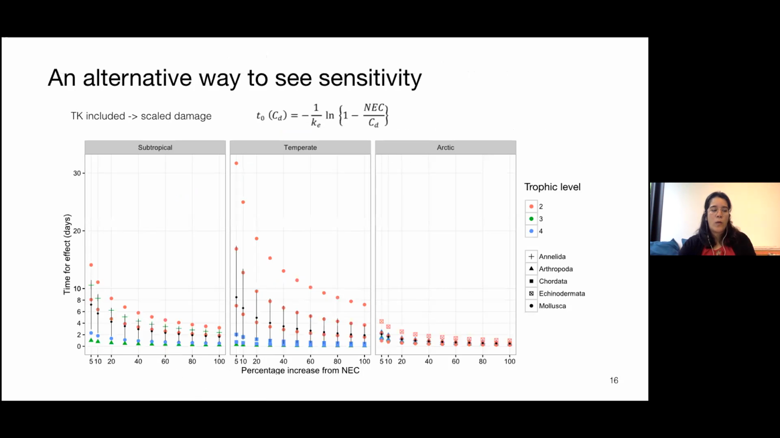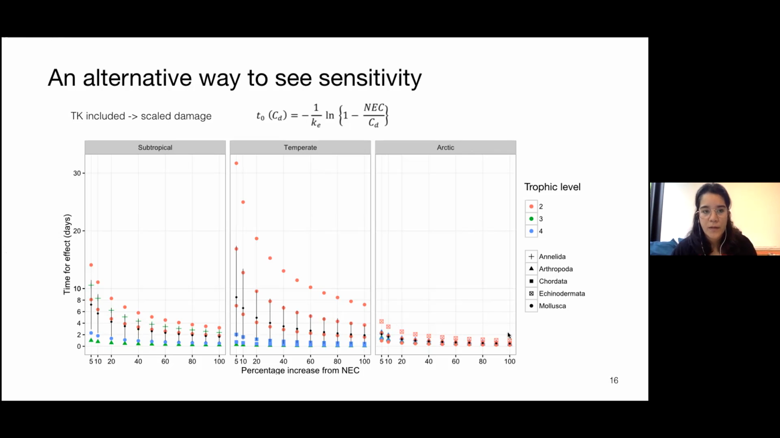And what I looked for was an alternative way to check on sensitivity, and this was given by another parameter of my model, a TK parameter. So what we checked was the velocity to reach an effect. How fast we will reach the NEC value, and how fast the species will start dying. So this graph shows you